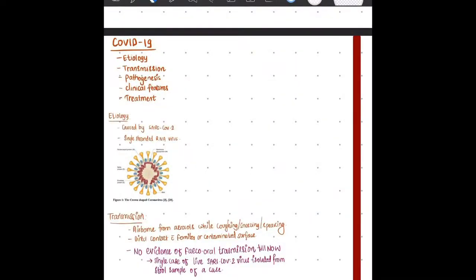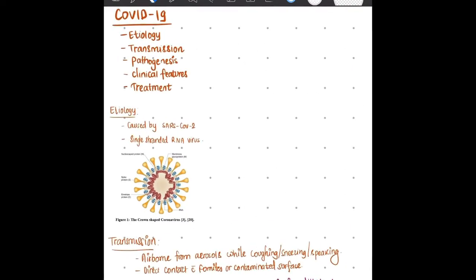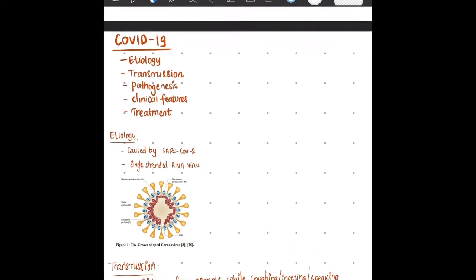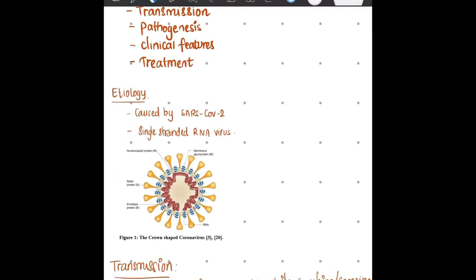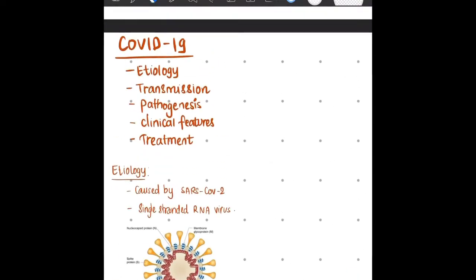Okay, today we are going to learn about COVID-19. Considering the current ongoing pandemic worldwide, it is quite wise to study COVID-19 for our university examination because it is a quite high yield topic being repeatedly asked in pre-university examination of multiple colleges. So we will start our discussion with etiology and then we go towards transmission, pathogenesis, clinical features and treatment of